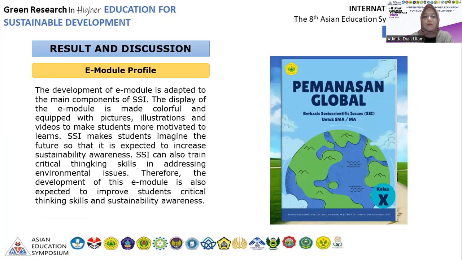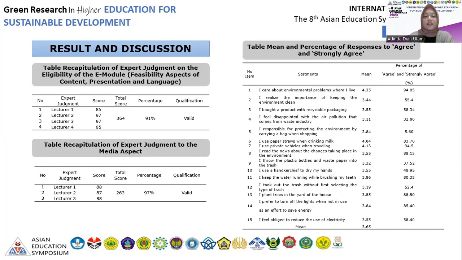E-module profile. The development of the e-module is adapted to the main components of SSI. The display of the e-module is made colorful and equipped with pictures, illustrations, and videos to make students more motivated to learn. SSI makes students imagine the future, so it is expected to increase sustainability awareness. SSI can also train critical thinking skills in addressing environmental issues. Therefore, the development of this module is also expected to improve student critical thinking skills and sustainability awareness. Result and discussion. Table